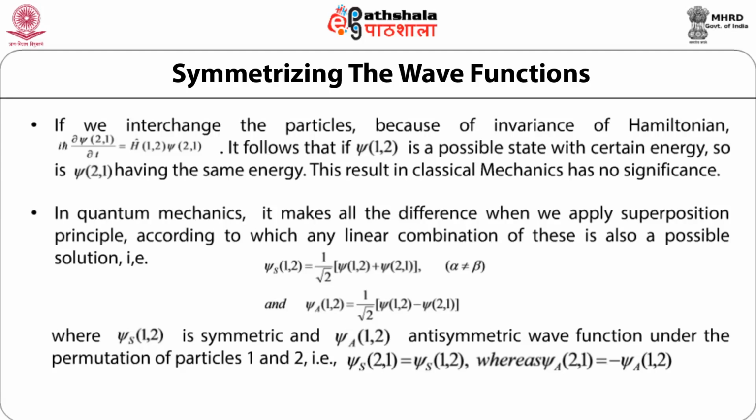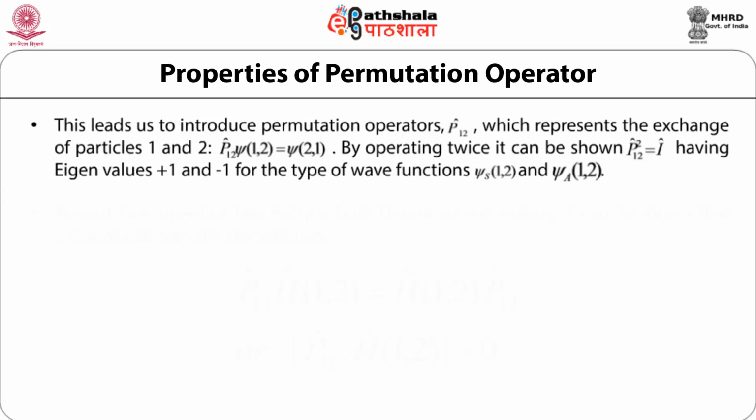That is, if we interchange the two particles, then the symmetric wave function, that is psi subscript s21, turns out to be equal to the original wave function, that is psi subscript s12, while if we interchange the particles 1 and 2, then the antisymmetric wave function, that is psi subscript a21, turns out to be equal to the negative of the original wave function psi subscript a12. This property of the two linear combinations, one being symmetric and the other being antisymmetric under the permutation of the two particles 1 and 2,